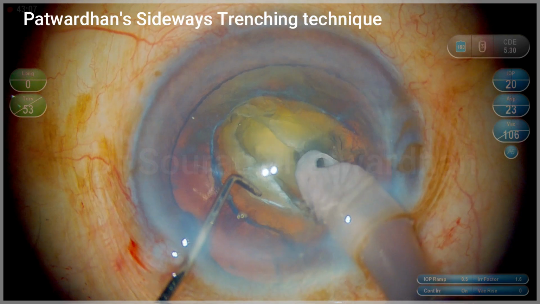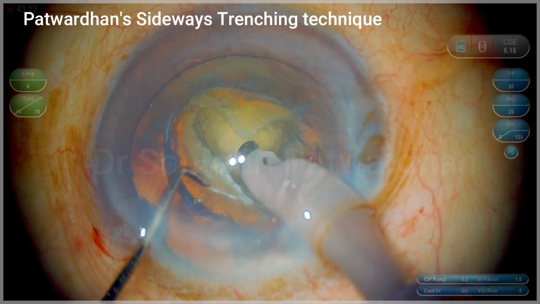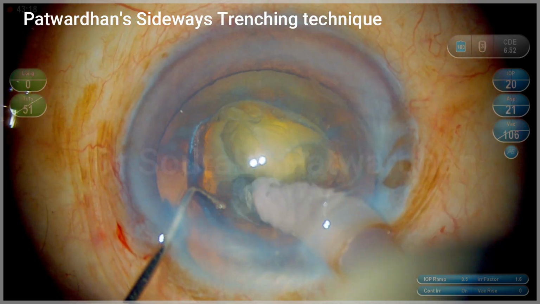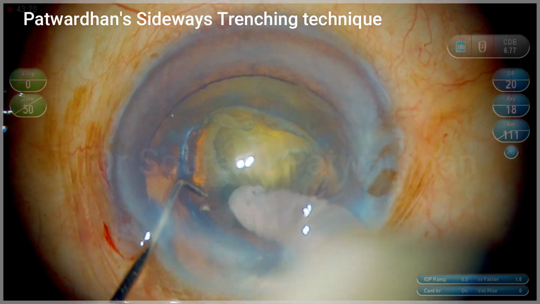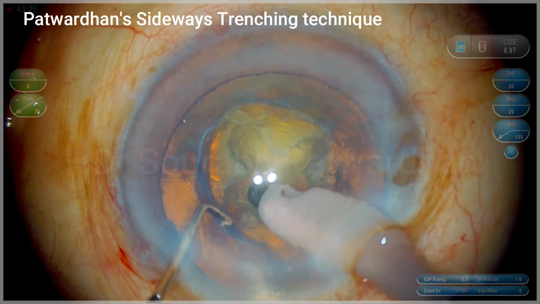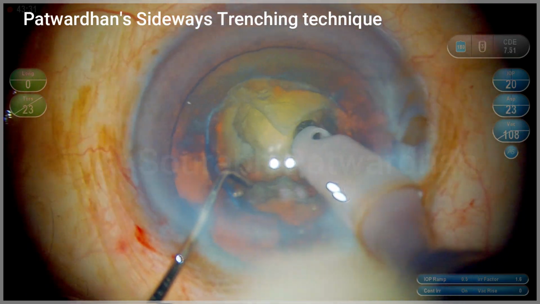So I'm using here the Ozil platform using Centurion phaco and I'm going sideways here so that I have the cross kind of a trench which we normally do in the 4-quadrant technique but without any rotation of the nucleus. So that is what I am going to achieve now,